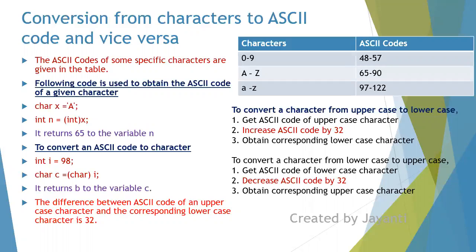सोचो यहाँ पे int n में 65 आया, 65 plus 32 करोगे you will be getting small a. समझा? 65 plus 32 you will be getting 97 and you will get a small a. Similarly lower case से upper case करना है, then you need to decrease the ASCII code by 32. तो जैसे यहाँ पे b आया है, b का वैल्यू क्या है 98, so 98 minus 32 you will be getting 66. Okay, तो कैपिटल B मिल जाएगा. So I hope you understood this. So यहाँ से कुछ questions आ सकते हैं एग्जाम में, I'm not sure.